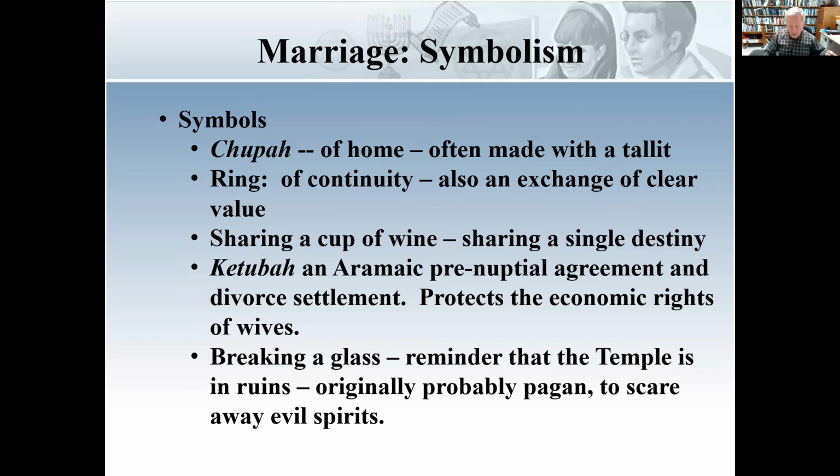In both the engagement part and the wedding part, there is a cup of wine. So we have 2 cups of wine total, which symbolizes their sharing a common destiny, and sweet wine representing the sweetness of marriage. The Ketubah, we're going to talk more about later, is an ancient document, actually in Aramaic, not in Hebrew traditionally, which basically spells out the legal arrangement with which they are entering. Again, more on that in a few moments, largely to protect the economic interests of the bride.